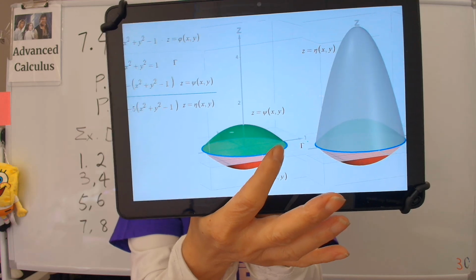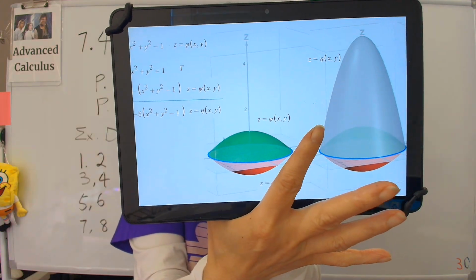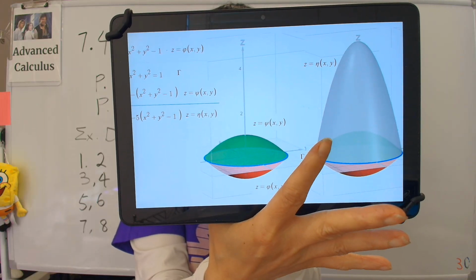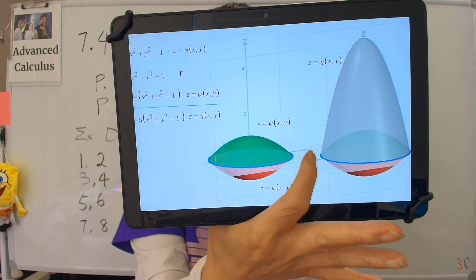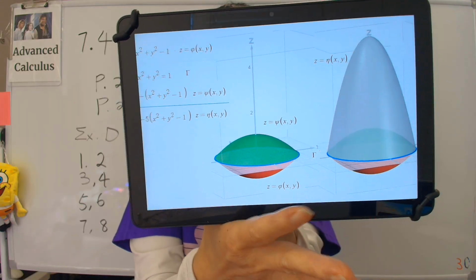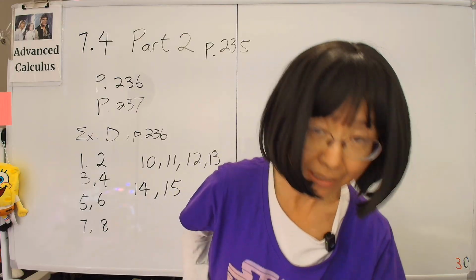By what we just proved, being that eta doesn't touch either one, the integral over eta, the gray surface, will be the same as the integral over the green or the red one. They will be equal because of what we just proved, being that the gray surface doesn't touch the other two. And therefore,